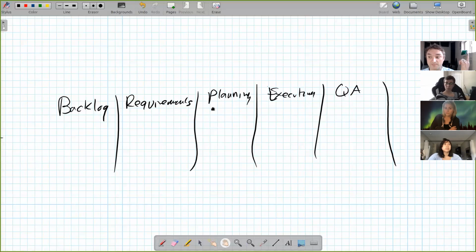The competitive environment changes, the legal environment changes, the person who was going to execute that thing quit. You have so many things that are completely outside of your control. So we don't want to plan something until we're ready to execute it. We don't want to execute something until there's somebody to QA it. So even with a waterfall process, we want to limit our work in progress so we can limit inventory.